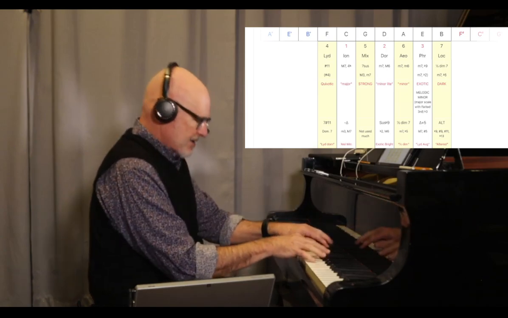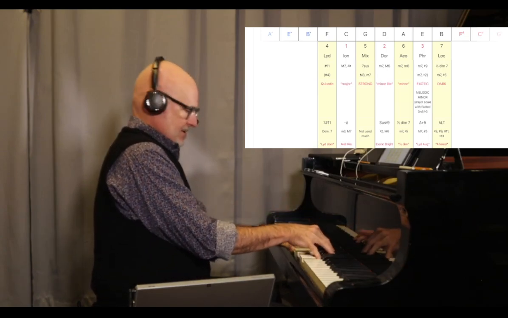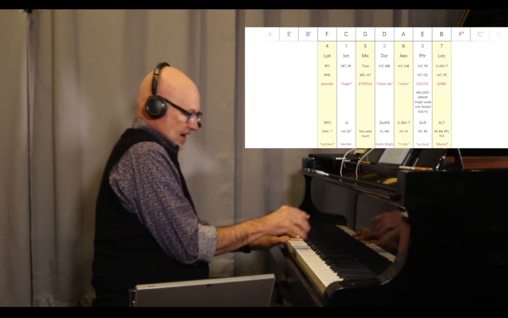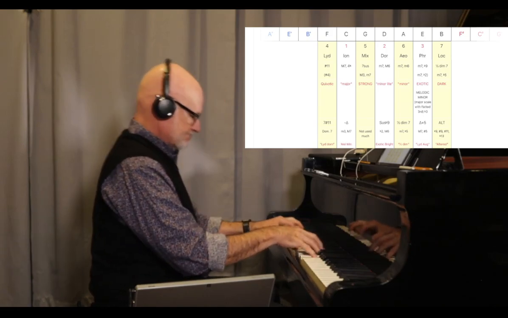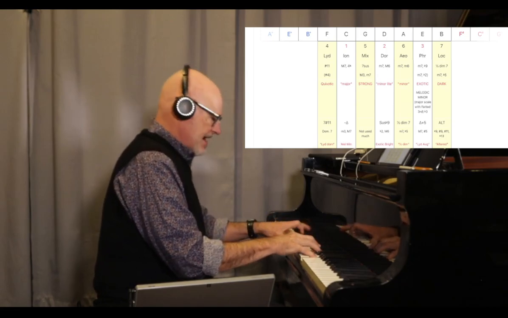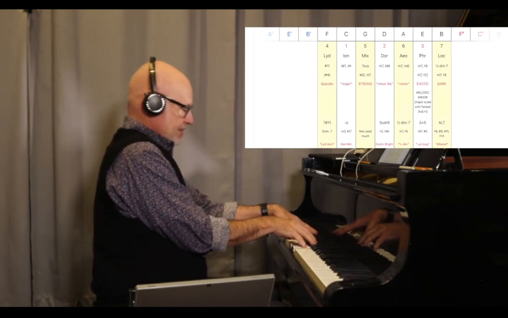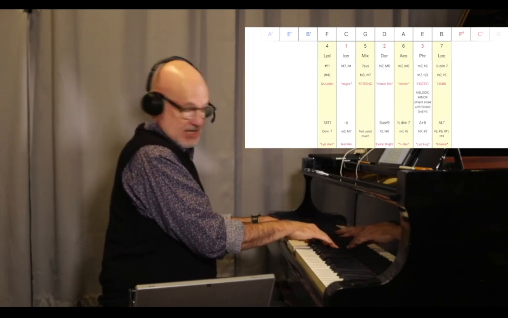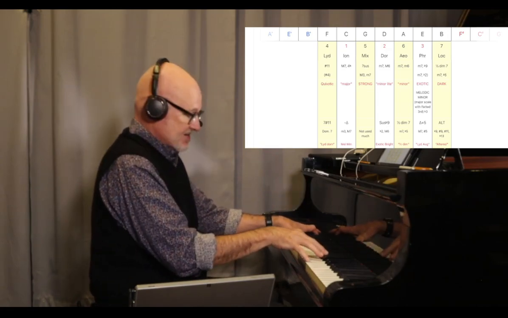Still not quite minor because we have this still a raised 6th. Not for long. Now it sounds more well and truly minor. Hear the D flat, lowered major 6th creeping in there because of the flat 6th. But